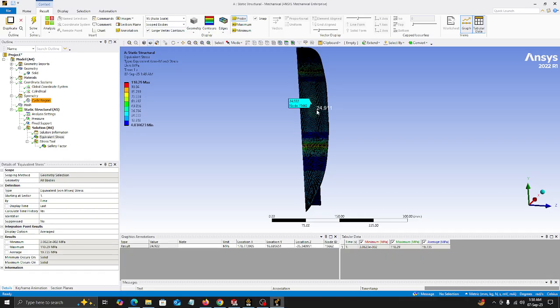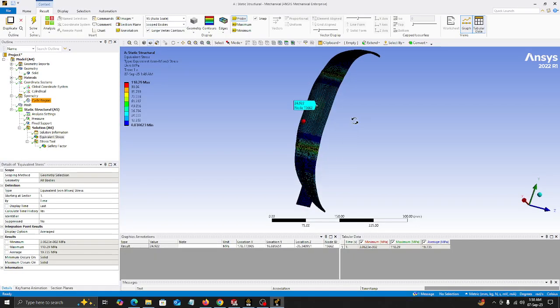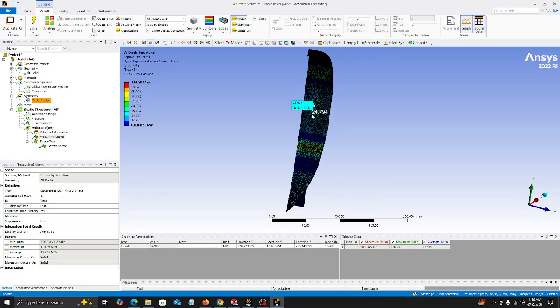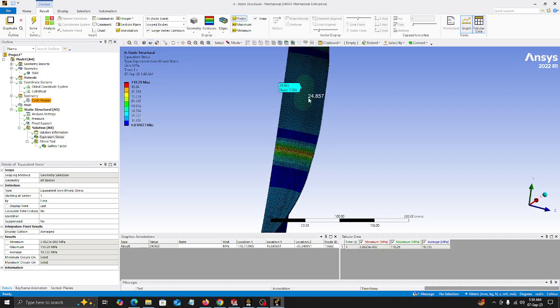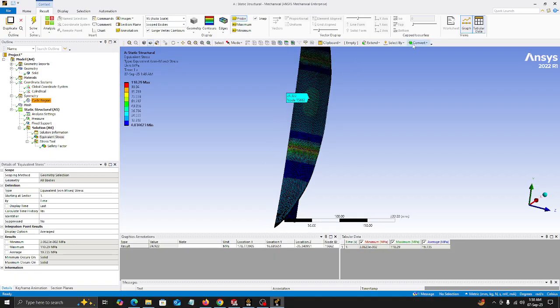Our analysis is okay for now for 3.5 millimeter thickness. So this is the critical region. And if we use